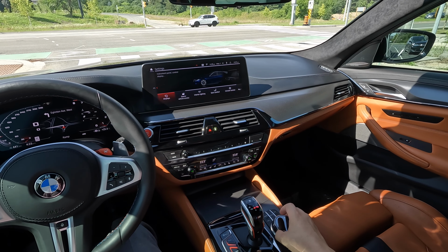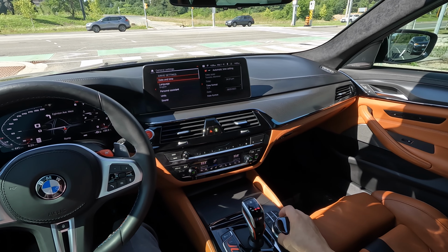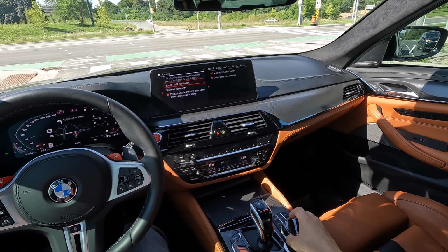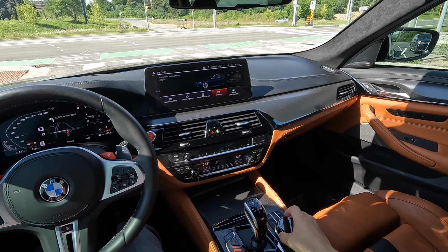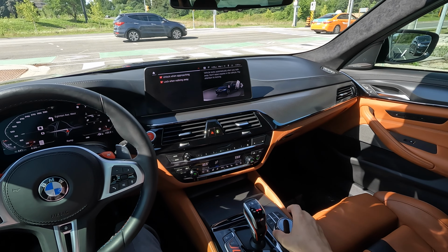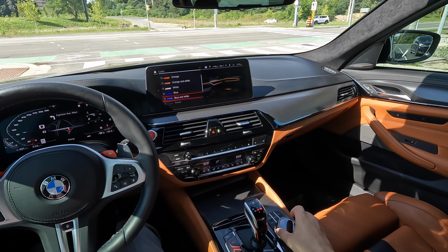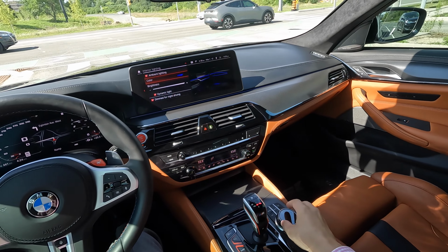Then you can go into your actual settings, general settings for like automatic time, date, exterior lighting, driver assistance, the displays that we were in before, doors and vehicle access. One thing I love is the comfort access, so proximity locking when you walk away and when you walk towards the vehicle. Ambient lighting on the inside can be adjusted. You're gonna see it's all along the upper dashboard, the door handles, the lower area,